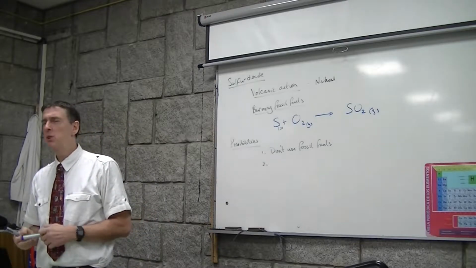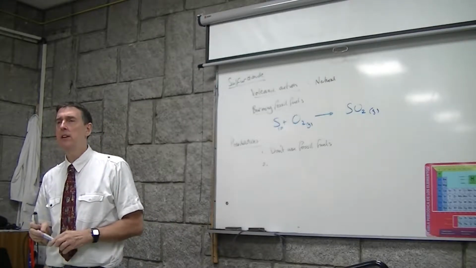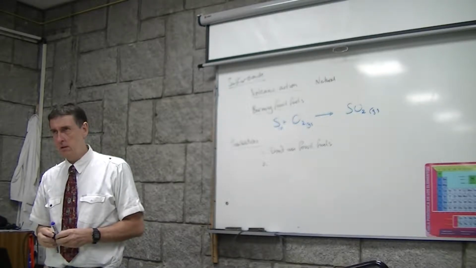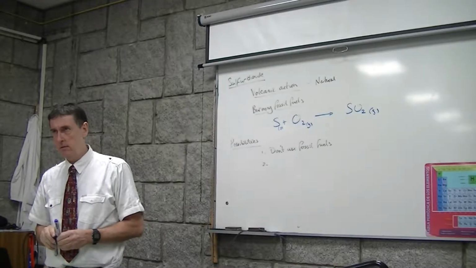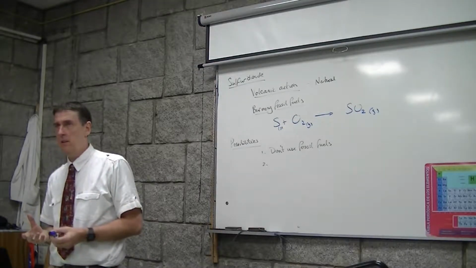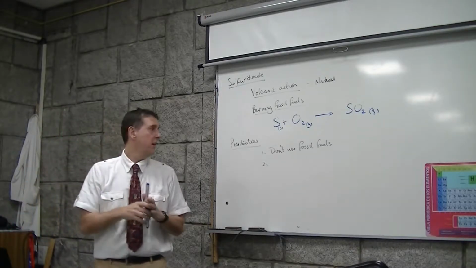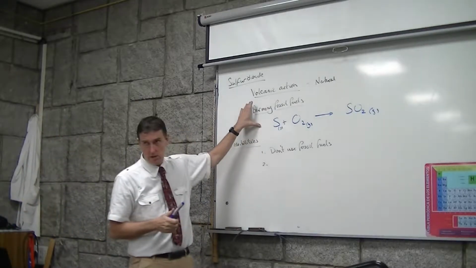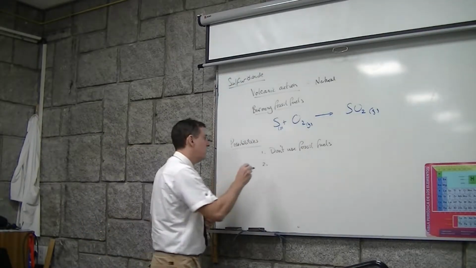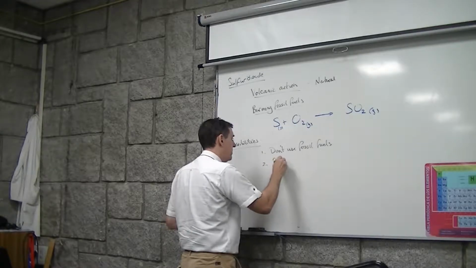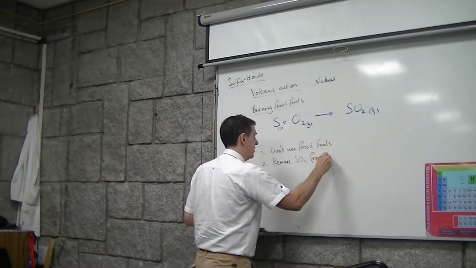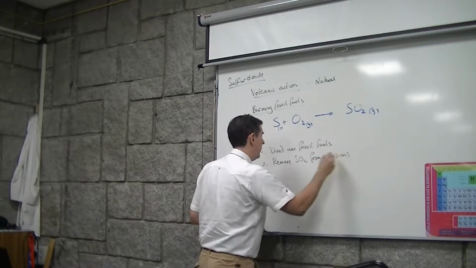React it. Like neutralize. What do you mean, react it? React the sulfur dioxide with something that displaces the sulfur and it's not acidic. When it's coming out, I don't know. Right, okay, so we could take the emissions and remove the sulfur dioxide. Remove SO2 from emissions. Anything else we could do?